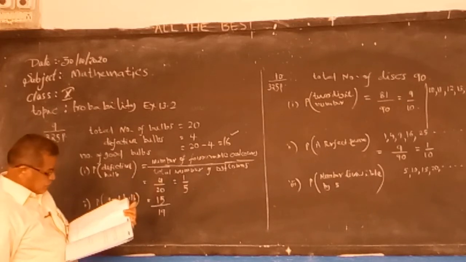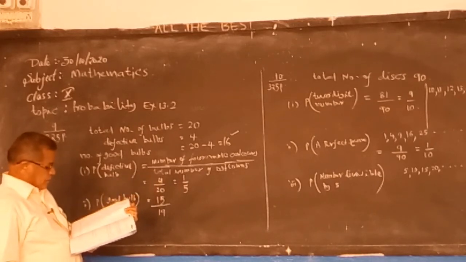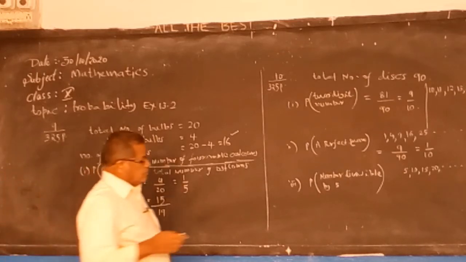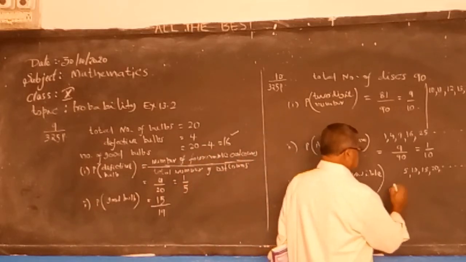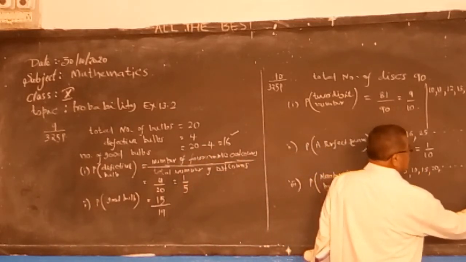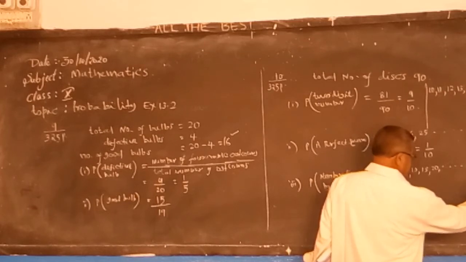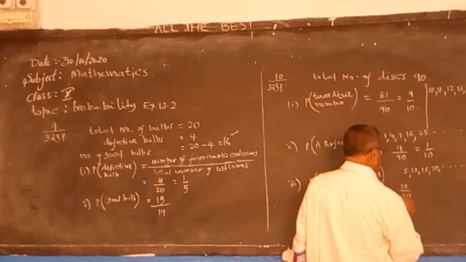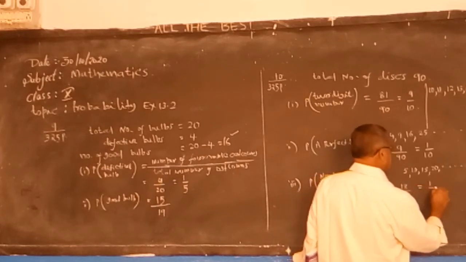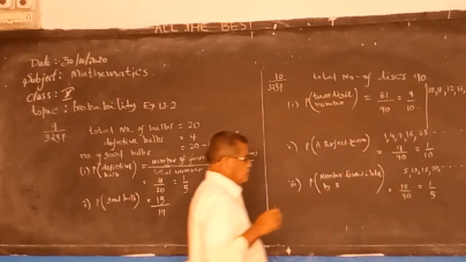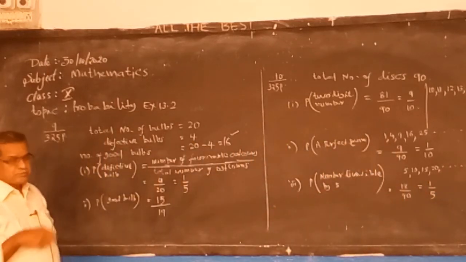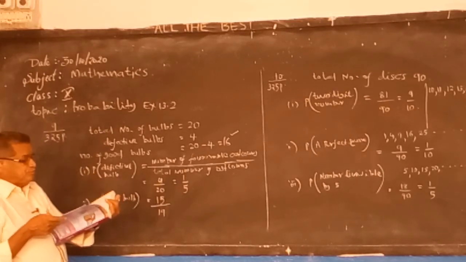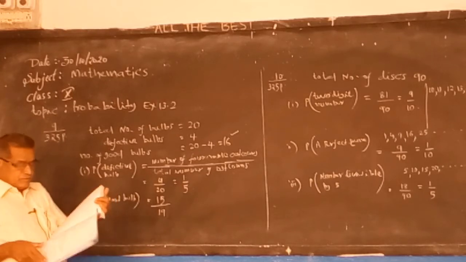So you count all the numbers, and for the probability, the total number of multiples of 5 is 18. So there are 18 by 90, since the total number of pieces is 90. 18 ones are 18, 5 fives are 90. So 1 by 5. Like this. This is a step problem. Note down.